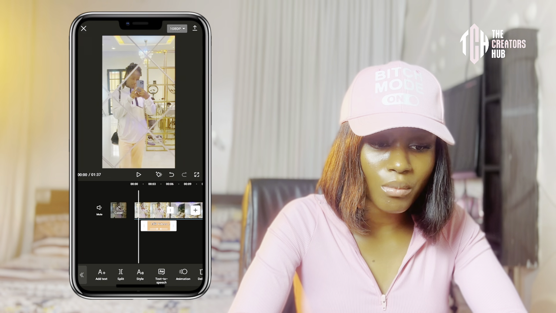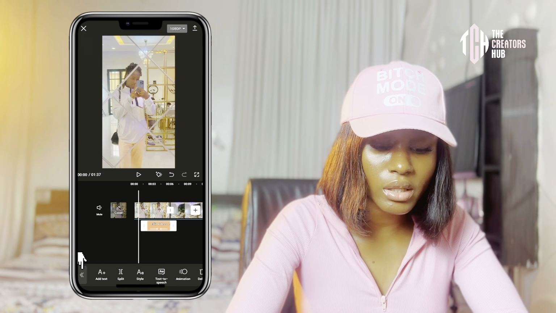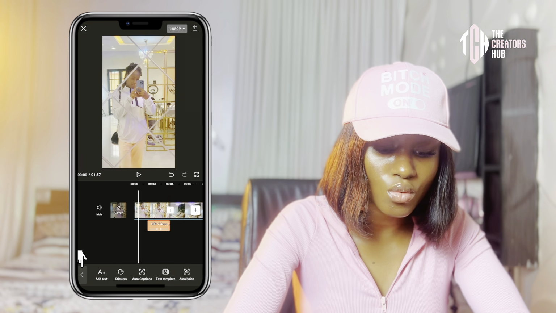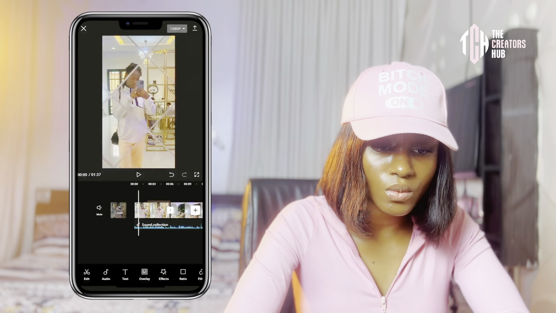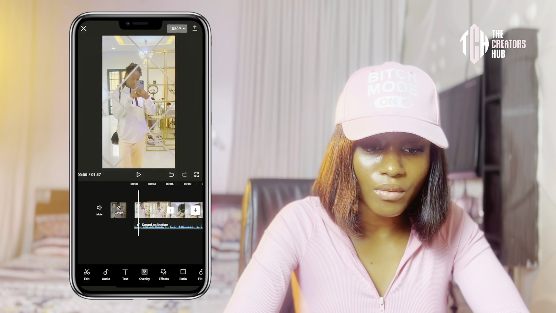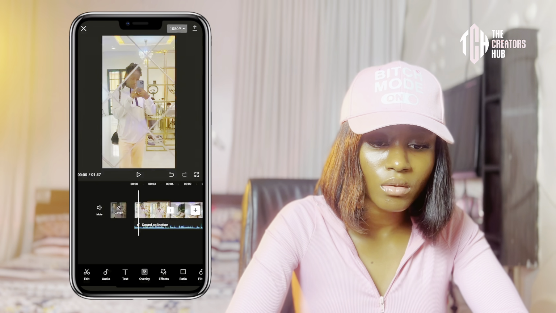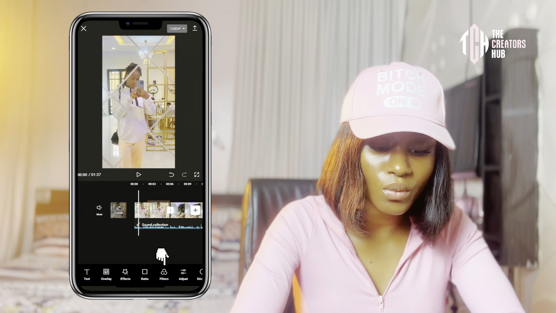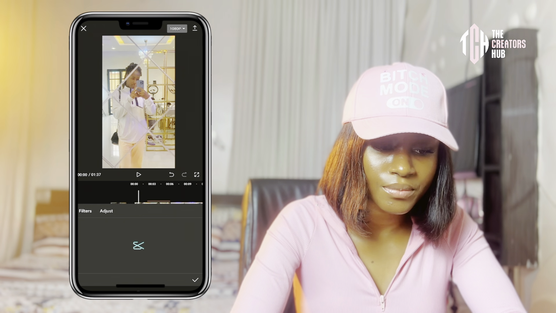So what I'm going to do is click on this back icon here and go back to my menu. I'm going to click it twice, and then it's going to go back to my menu. And from here we can go into filters. So once I click on filters,